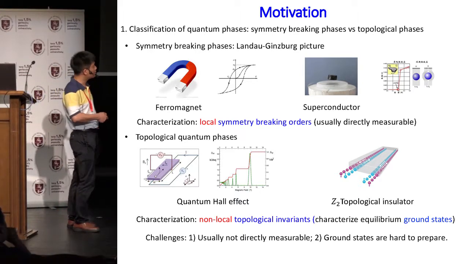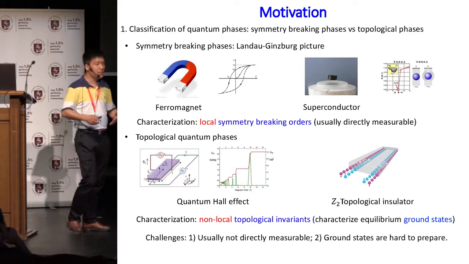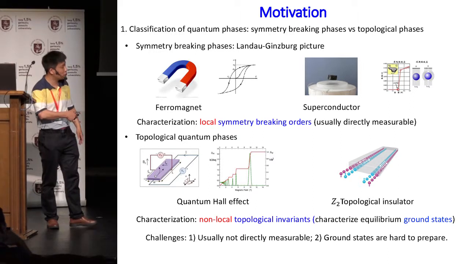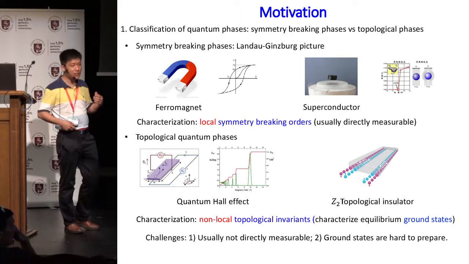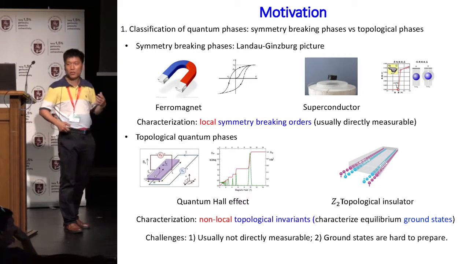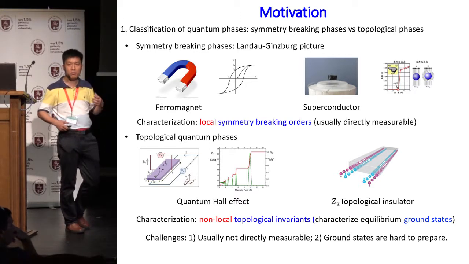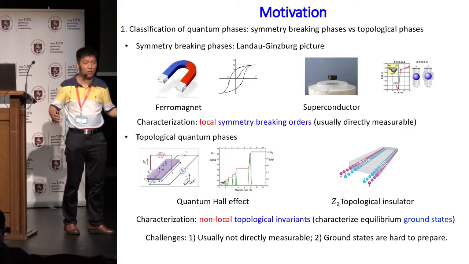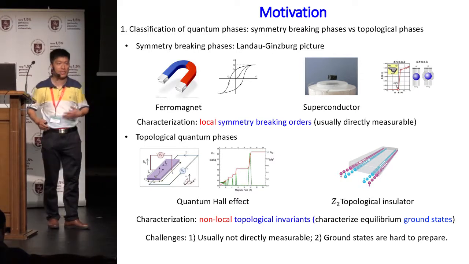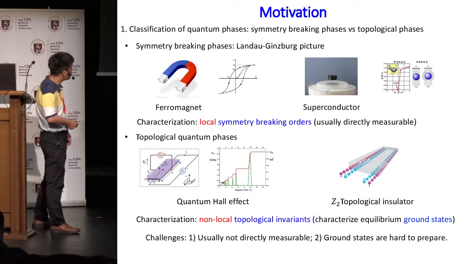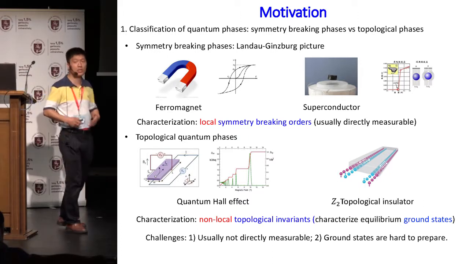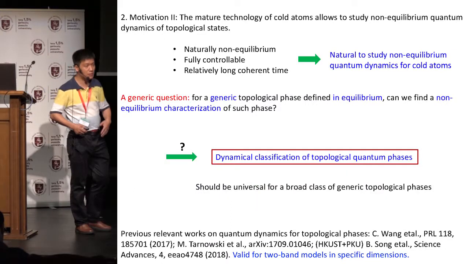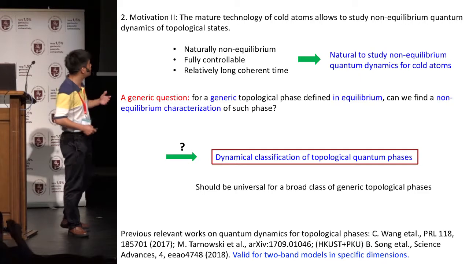However, the Z2 topological insulator is often confused with the quantum spin Hall insulator. For the quantum spin Hall insulator, you require spin conservation, and the classification is not Z2, it is Z. If you want to confirm the quantum spin Hall, you need to measure the quantized spin Hall conductance. This will be very challenging. Actually, so far we have no idea how to measure the quantum spin Hall conductance in condensed matter physics. So that's why I said that in general, measuring topological phases could be challenging in real experiments.